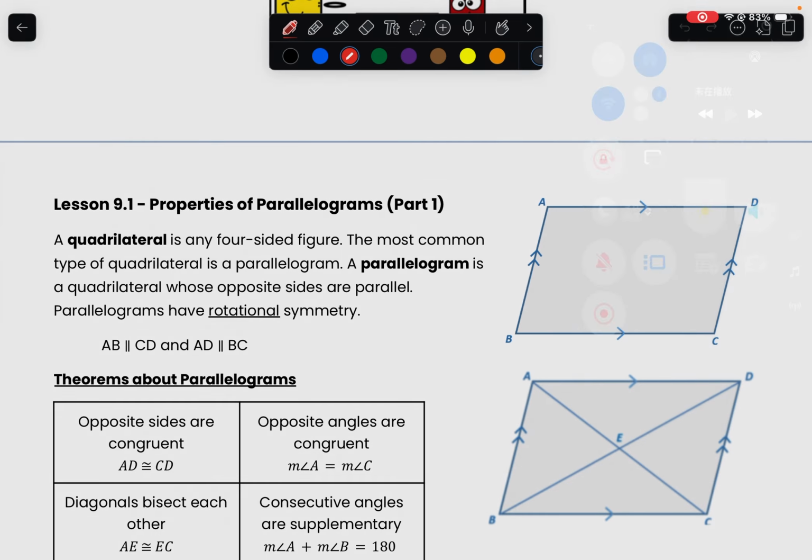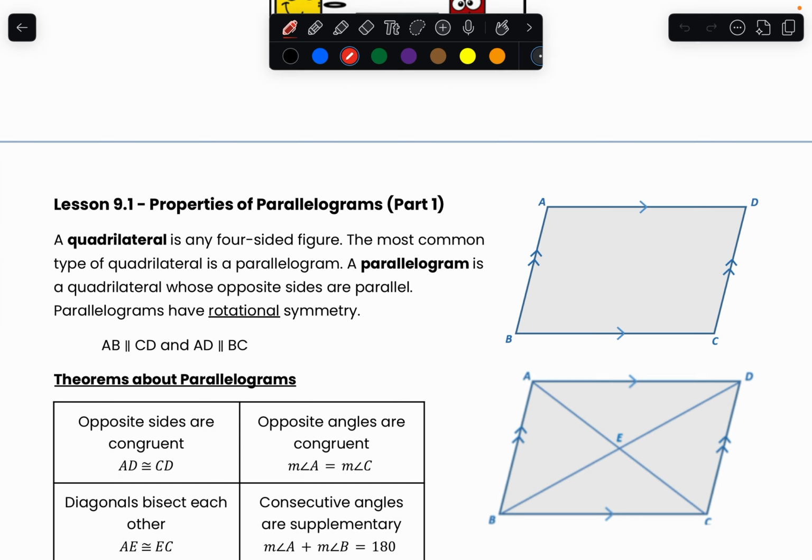Okay guys, this is going to be about lesson 9.1. Just to mention that 9.1 and 9.2 in class, we did combine both lessons together, so we did skip a lot of the stuff in class, but we did keep what's most important. But for these videos, I would still like to go over the full lesson with you guys, just in case you take this time and look over the full things, okay?